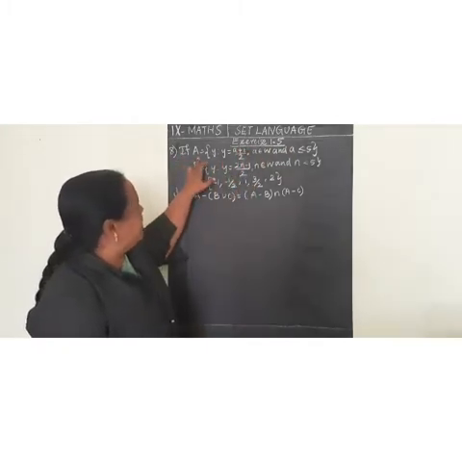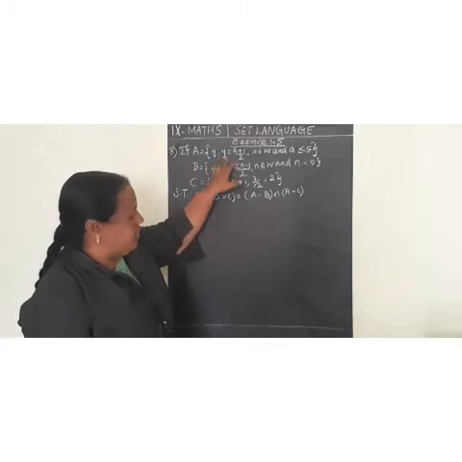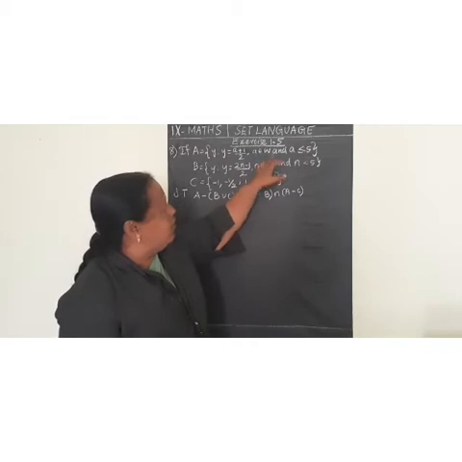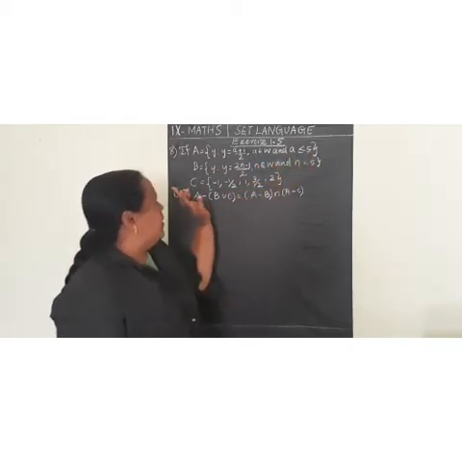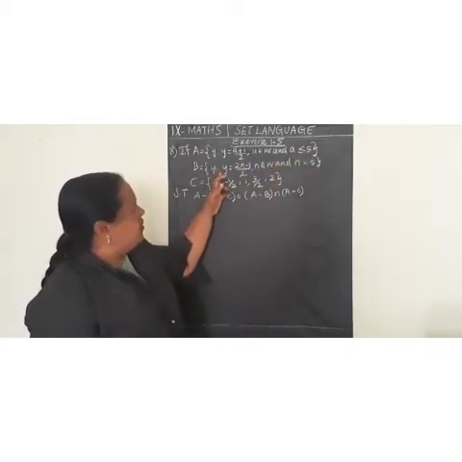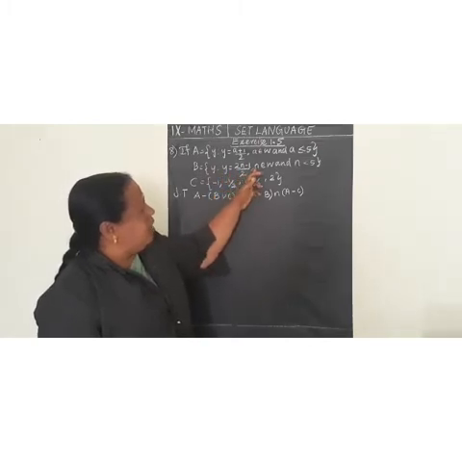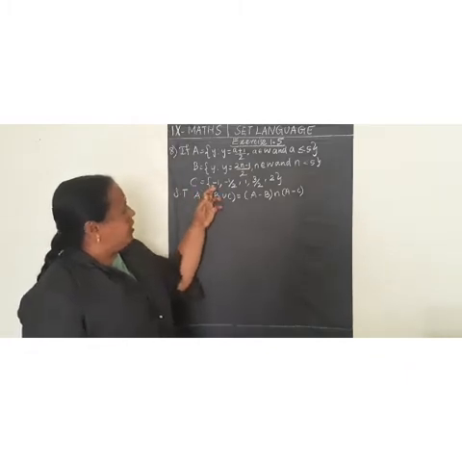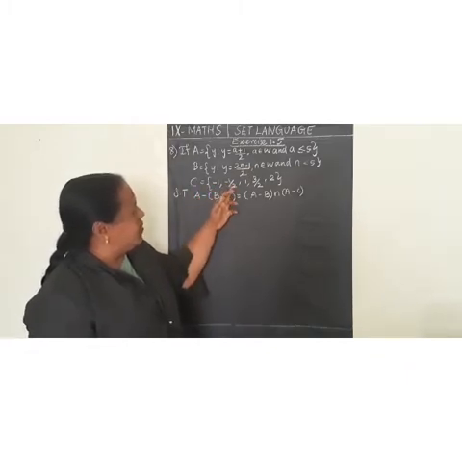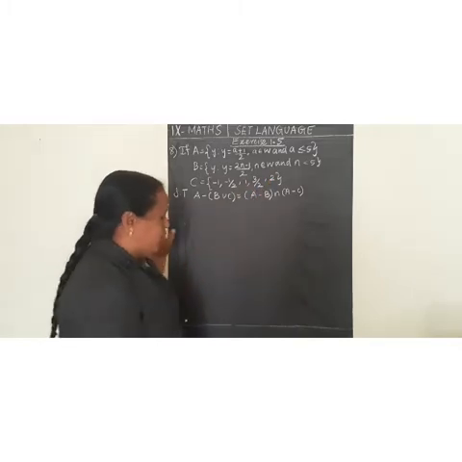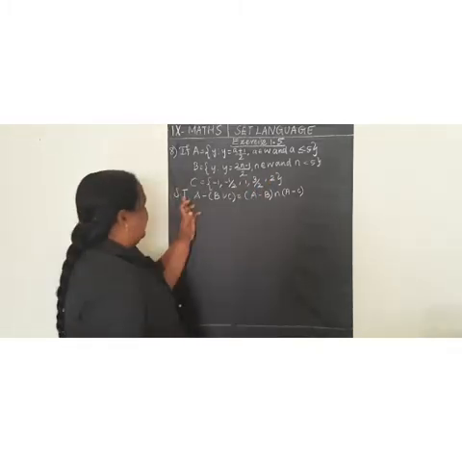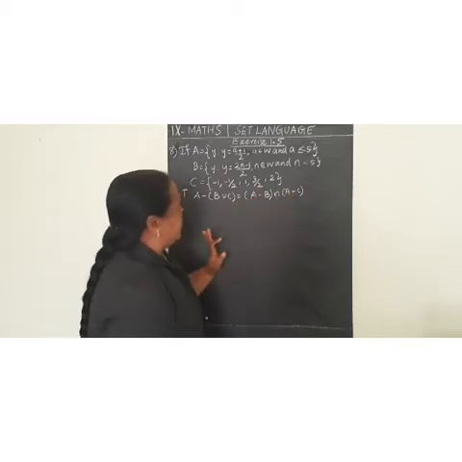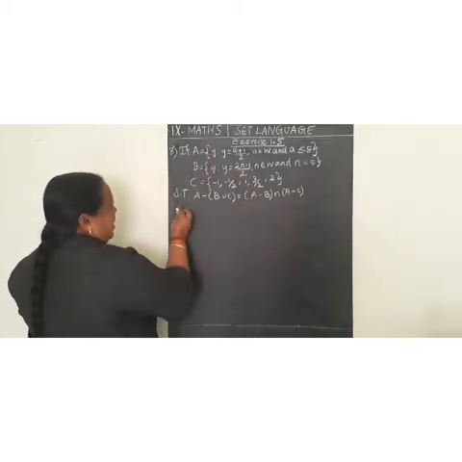Eighth sum. If A is equal to y such that y is equal to (a plus 1) by 2, where a belongs to whole numbers and a is less than or equal to 5, and B is equal to y such that y is equal to (2n minus 1) by 2, n belongs to whole numbers and n less than 5. C is given as the elements minus 1 by 2, 1, 3 by 2 and 2. So we have to show that A minus (B union C) is equal to (A minus B) intersection (A minus C). So first we have to find the set A, for the elements.